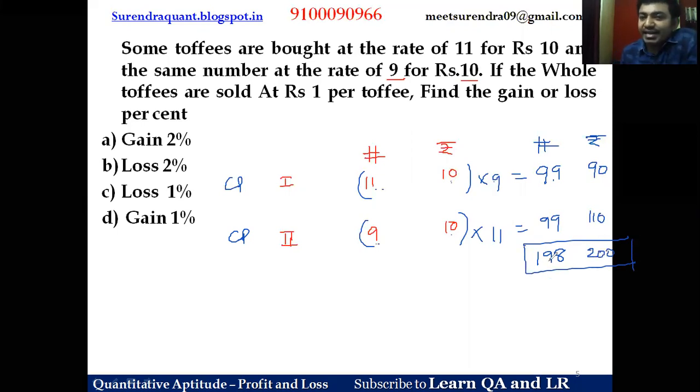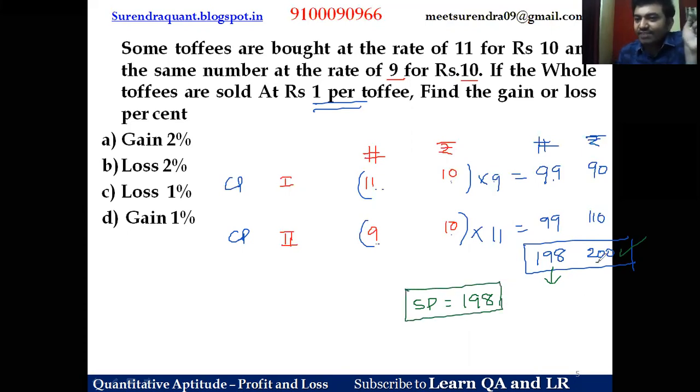Now friends, 198 toffees are sold at the rate of 1 rupee per toffee. He clearly mentioned the CP is 200 totally, and the SP of each toffee is 1 rupee. If one toffee is 1 rupee, then 198 toffees cost 198 rupees. So this is the selling price. And what is the cost price, friends? The cost price is 200. So with this reference, we simply worried about CPs and SPs, not about the number of articles. Trying to make the number of articles the same is the simplest process.